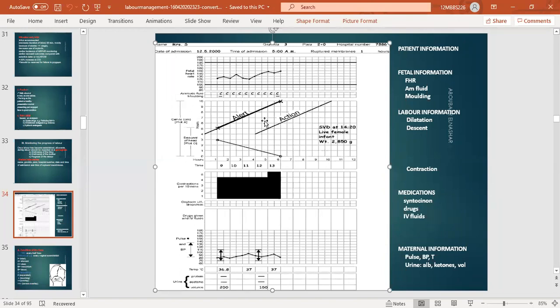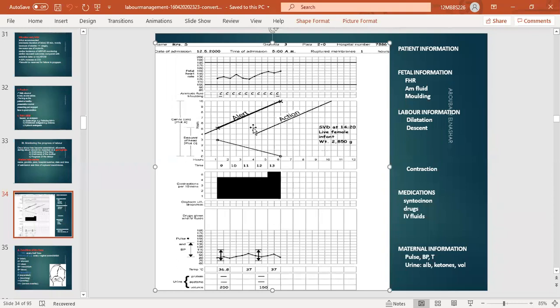So either it is inadequate uterine contraction, a problem in the power, a problem in the passage, or a problem in the passenger. So there may be a malposition like occipito-posterior or occipito-transverse position. As we discussed, the normal position is occipito-anterior, either right occipito-anterior or left occipito-anterior. So you reassess the patient to see what the problem is.